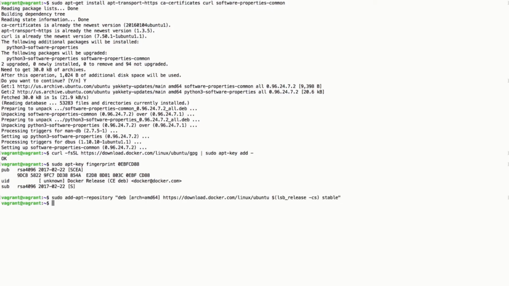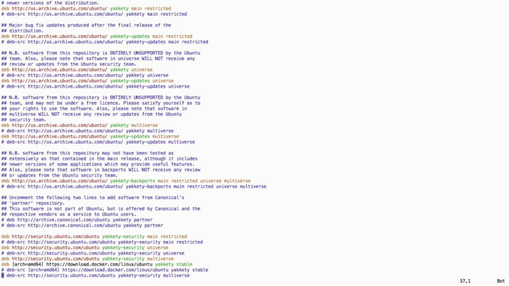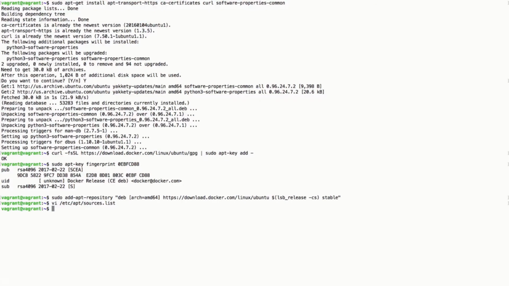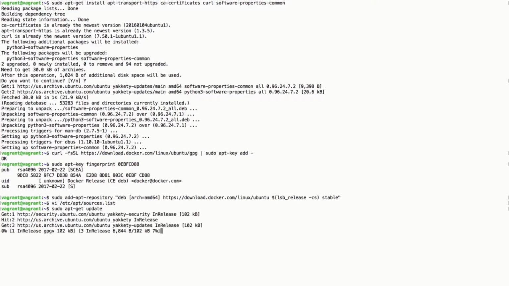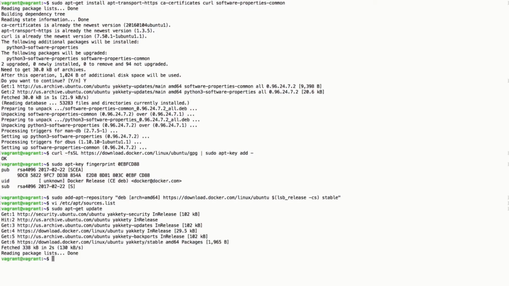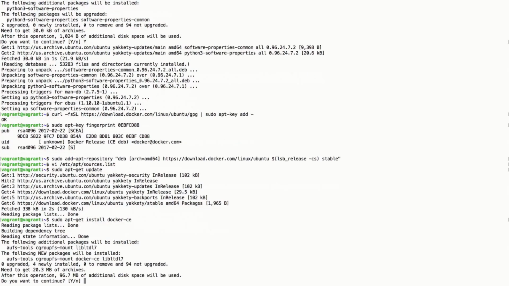Gonna add this repository to your sources. If you have a look now at /etc/apt/sources.list and go to the end, you're gonna find that you now have a Docker installation repository added to the end. Okay, so now all you need to do is just run sudo apt-get update in order to update the sources and include the new source for Docker. Once done, you will just have to sudo apt-get install docker-ce, and CE here is short for